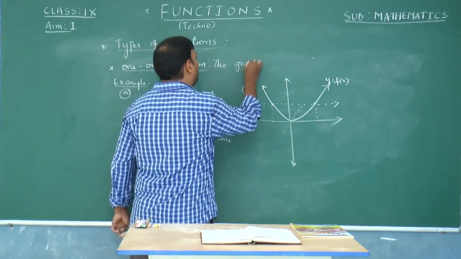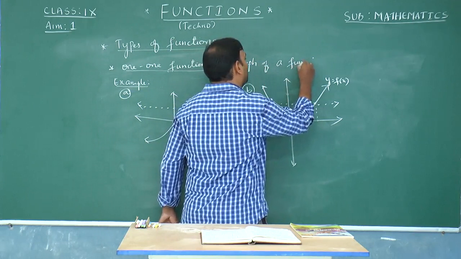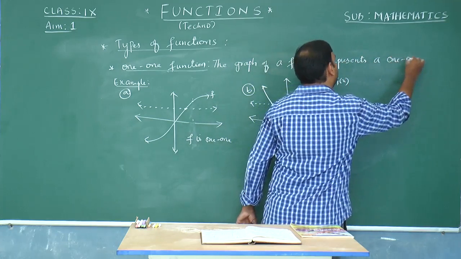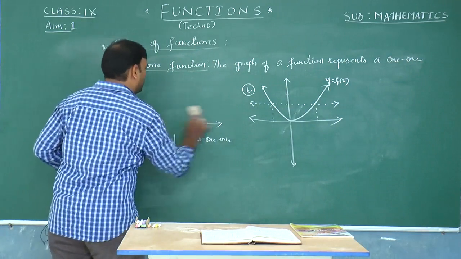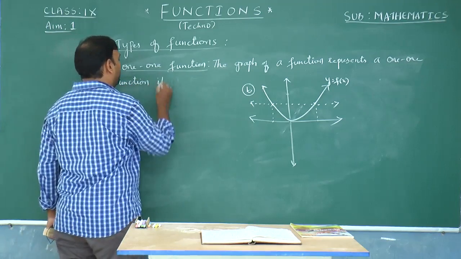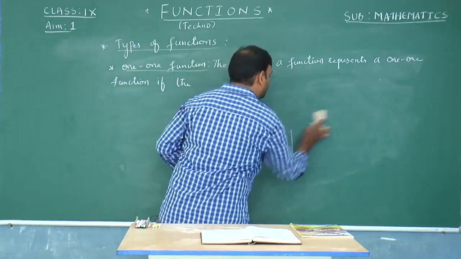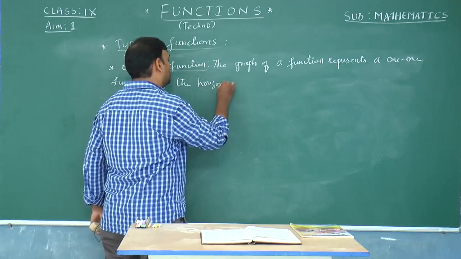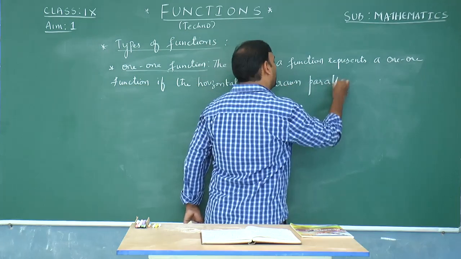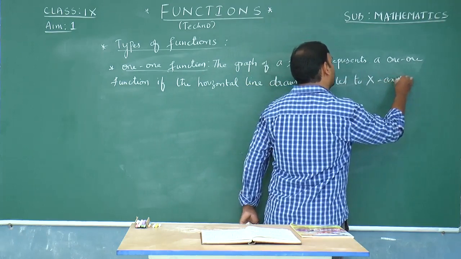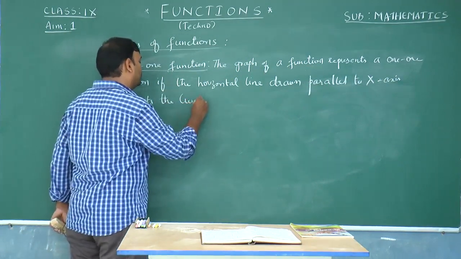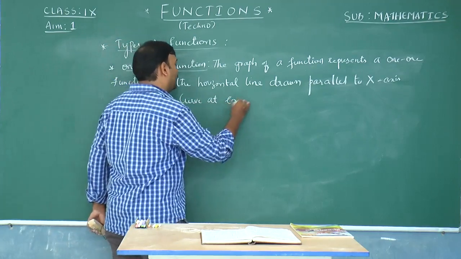the graph of a function represents a one-to-one function if the horizontal line drawn parallel to the x-axis meets the curve at exactly